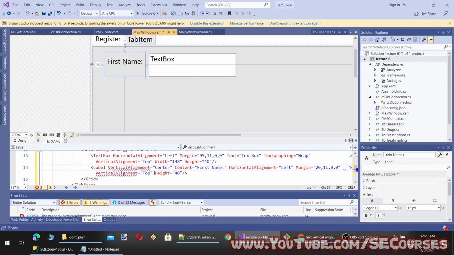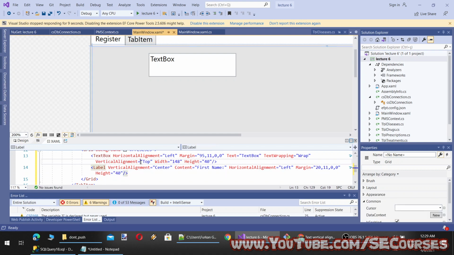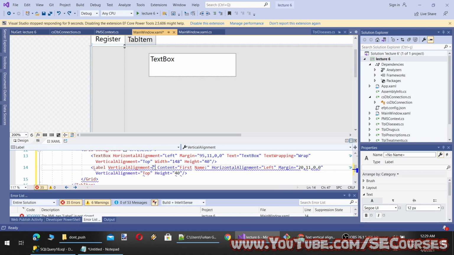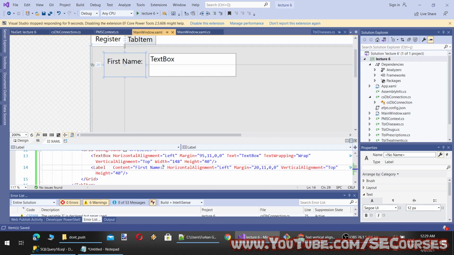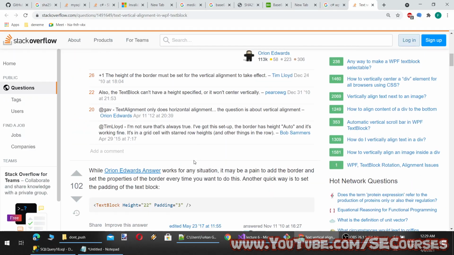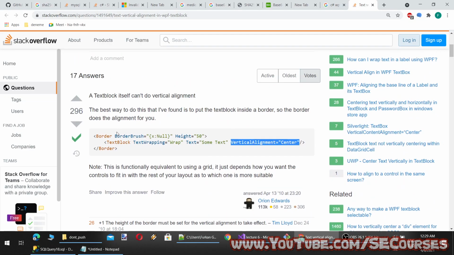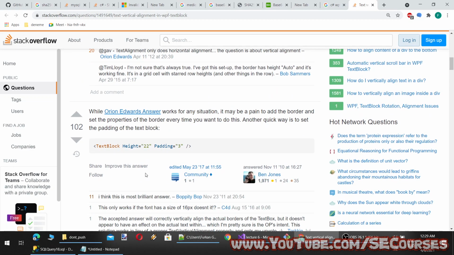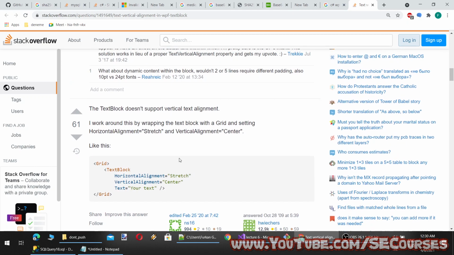It is not about text, so we need something related to content vertical alignment. Oh, I see.